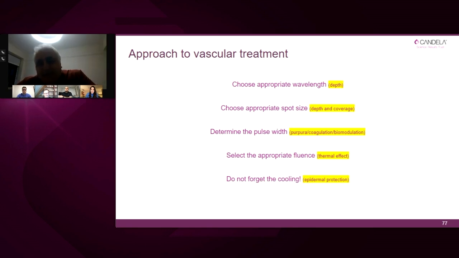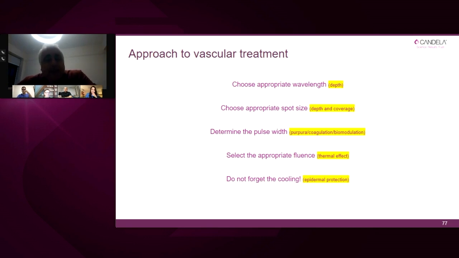But particularly for very fine diffuse redness, we don't necessarily need the purpura, but we can still use a short pulse duration, but then use a fluence that we call subpurpuric. So that is still using something like a large spot size of 10 millimeter, using a short pulse, but then relatively lower fluences.